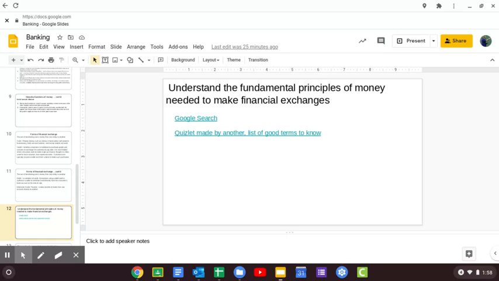But if I have money, I can make whatever financial exchange. I can buy something from you. You have something for sale for $500. I have $500 cash. I can make that financial exchange. You have something for sale for $500. I want to trade you something for $500. This is a whole new ballgame.